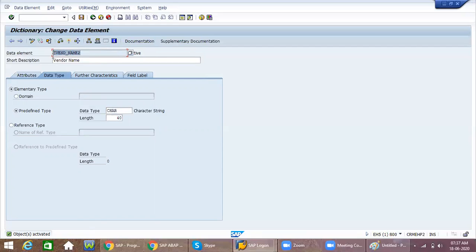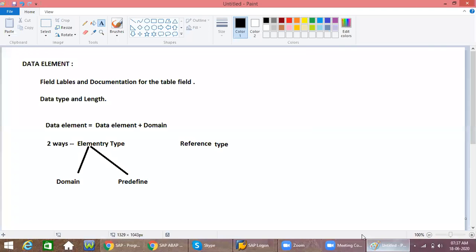In real time, we will go with the help of a domain or with the help of a predefined type only. Reference type, mostly we won't use. Forget about this reference type. There are two ways of creating a data element: one is with the help of a domain, and another is with the help of a predefined type.